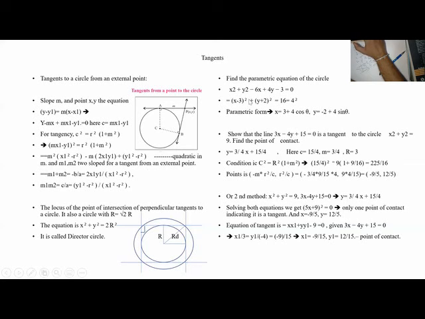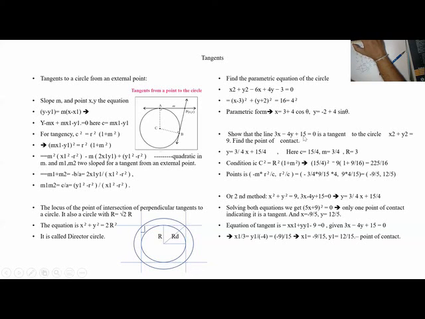What have we found out? This equation gives me two things: one is its center, and the other is the radius. The center is (minus g, minus f). So minus 6 by 2, that is minus minus 6 plus 6 by 2, is 3. So g is 3 and f is minus 2. So we got the center point and the radius. g square plus f square minus c is 16. So in the parametric form, I want the radius and I want the center.